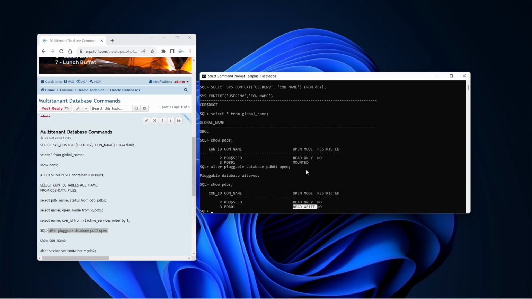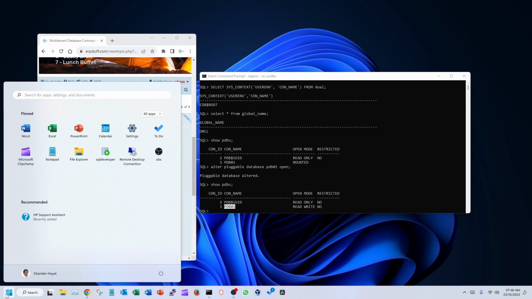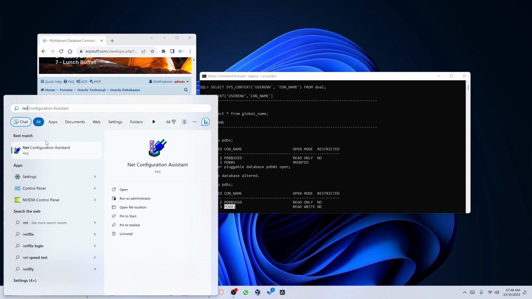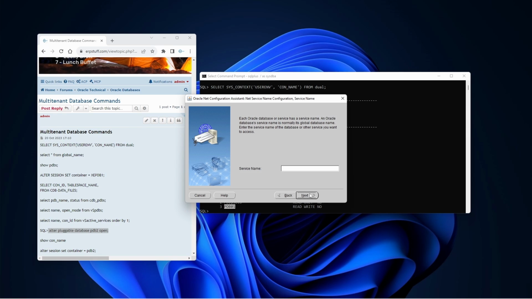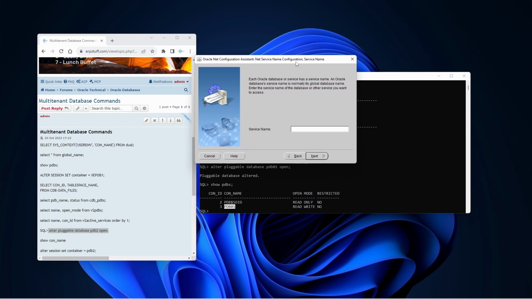Okay, now the next question is how to connect it. I mean, we have installed a database. Now we need to connect it, right? For that, we need to create a connection string, right? So let me go to net configuration assistant. Okay. Now we have to connect to this PDB01. So here, local net, add. Okay, service name. What is my service name? PDB01. This one, right? Next,